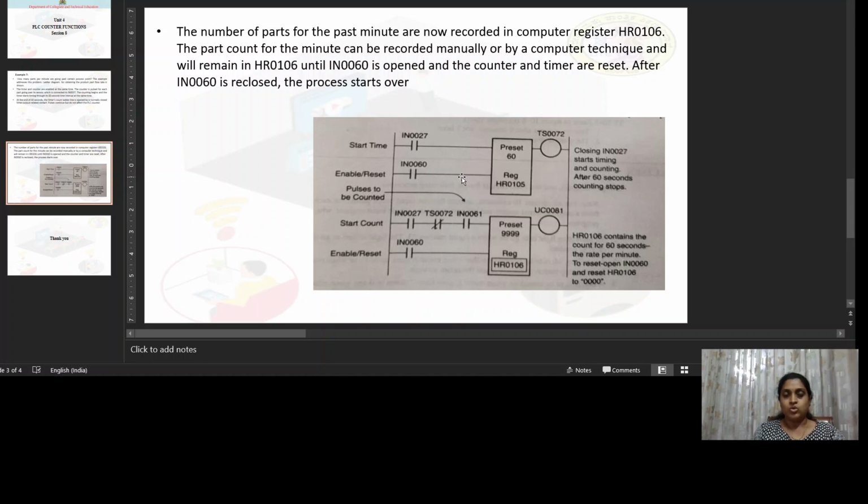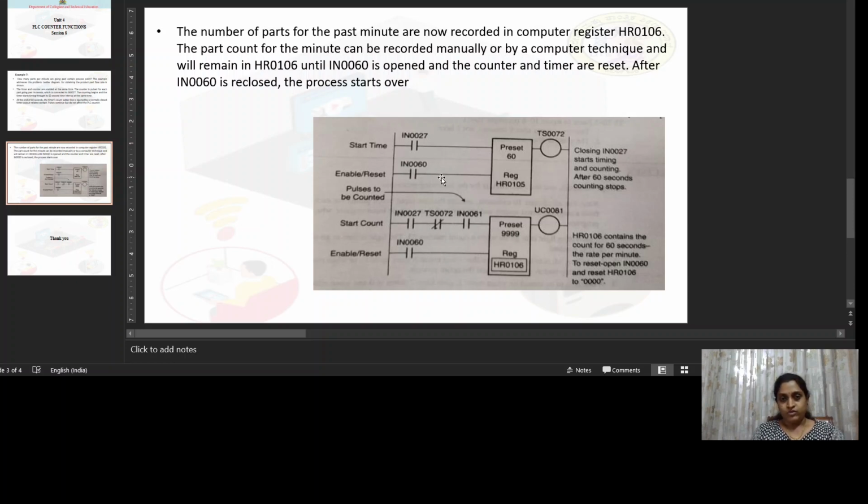Now let's go through how this ladder diagram works in counting the number of parts that pass through in 1 minute. First, we need to enable the timer and counter, which is done by energizing the contact IN60. So the timer as well as the counter are enabled.